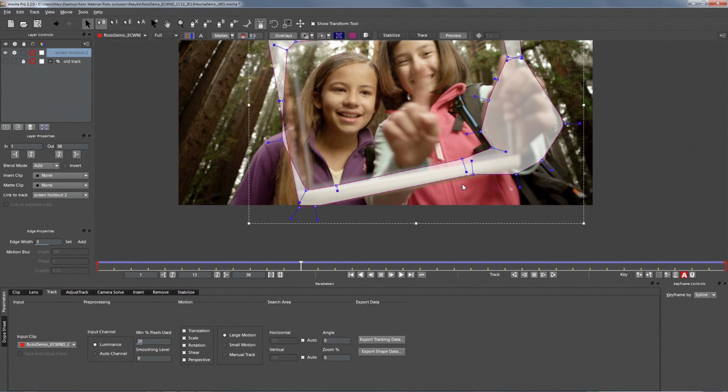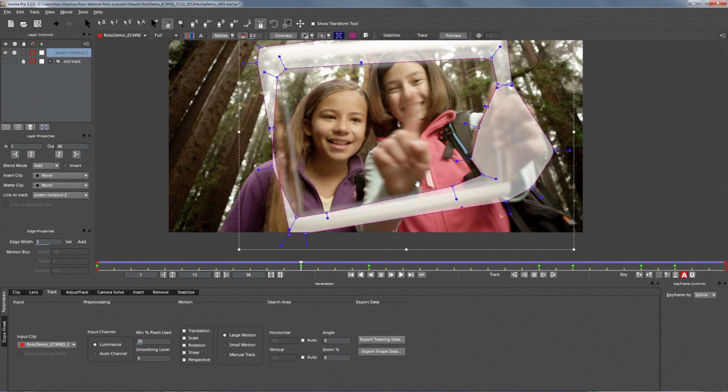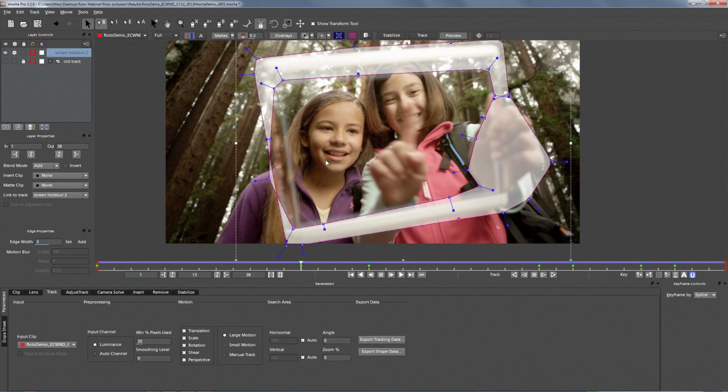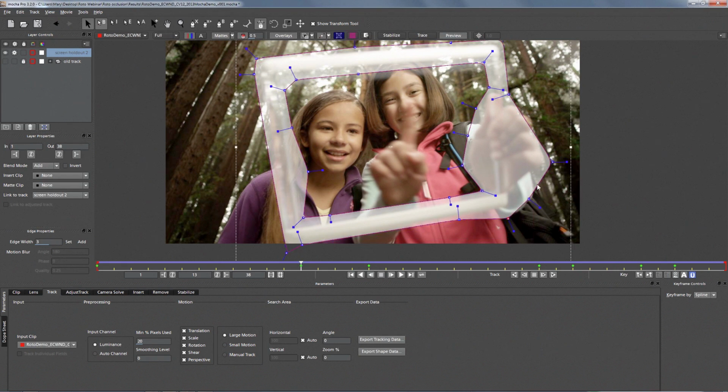All right, so what we'll do from here is use our Uber key tool to crop in all of the fuzzy, blurry, reflective surfaces that we have on this tool, and we're going to use this as a holdout for the rest of our tracks on this shot. So let's just go ahead and finish doing that, and we'll just do it like this. Well, this is your add points to spline tool. I'm going to use this add points to spline to,